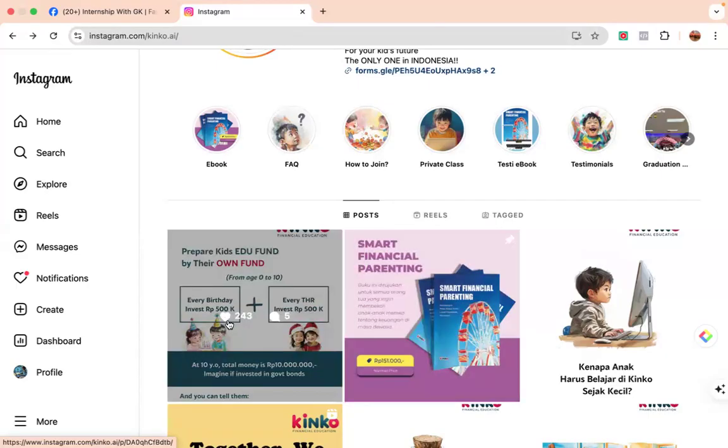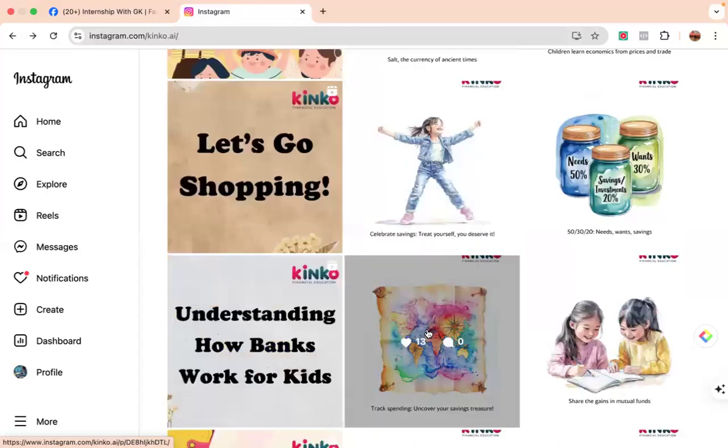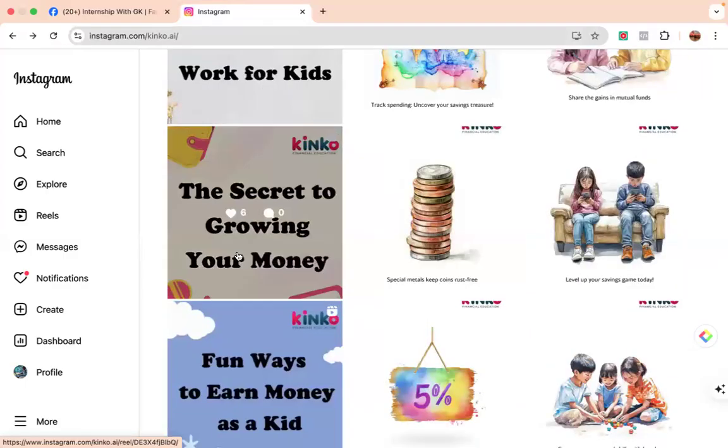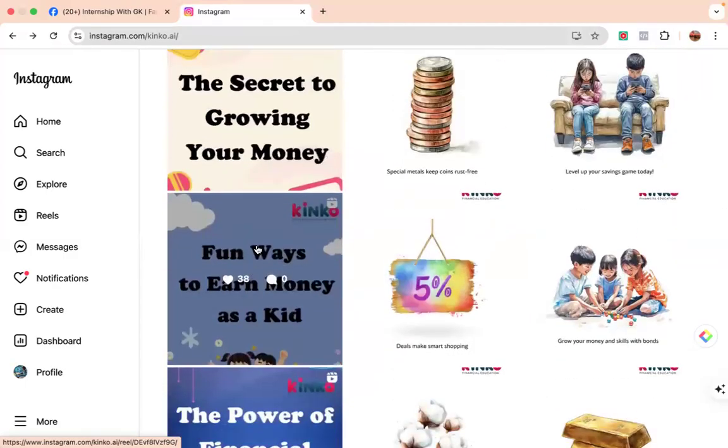Now, as we could see here, there were varying levels of engagement. This post has a pretty high engagement compared to this post, this post, these posts. So these are very high, but still, this gentleman is still posting these posts. The reason is